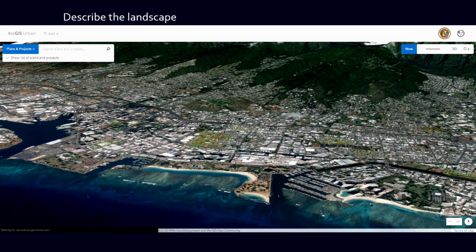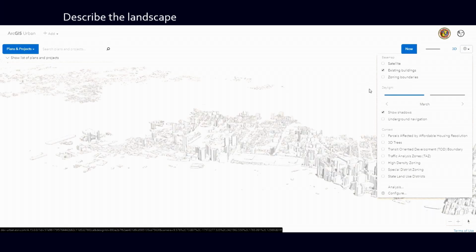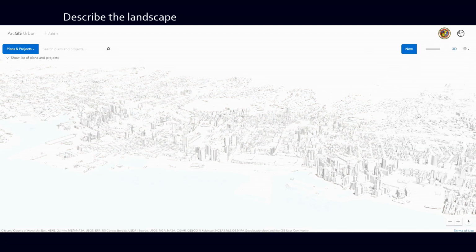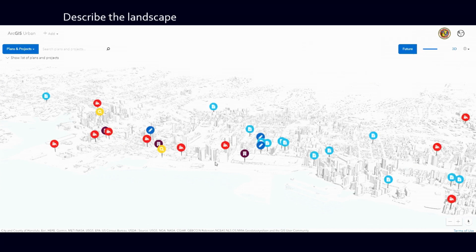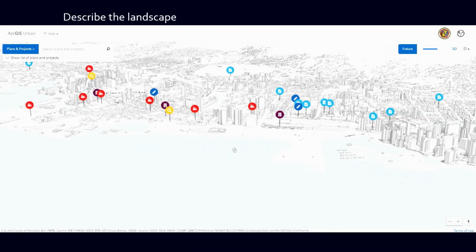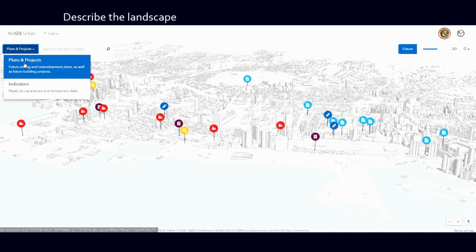So this stretches basically from Waikiki on your right to the downtown area on your left. We're now bringing in the building structures that we have. We have this for the entire island, and we updated it through this particular project. And here we're bringing in our major construction projects. This is a list of projects that are being developed that we provide to the mayor on a monthly basis.